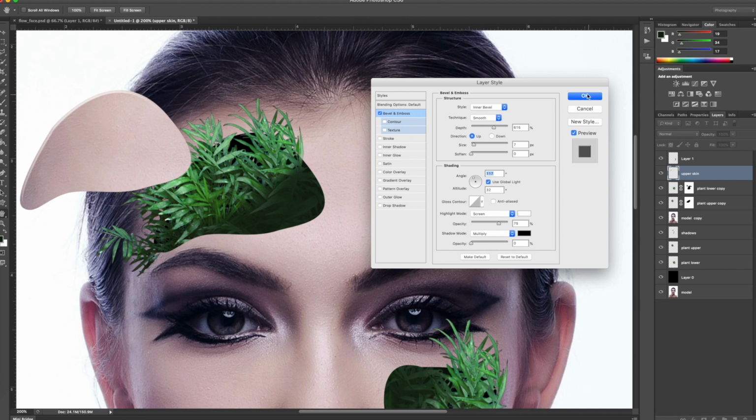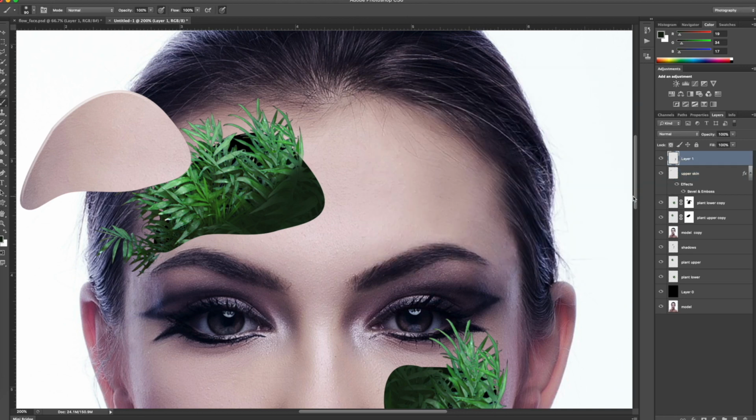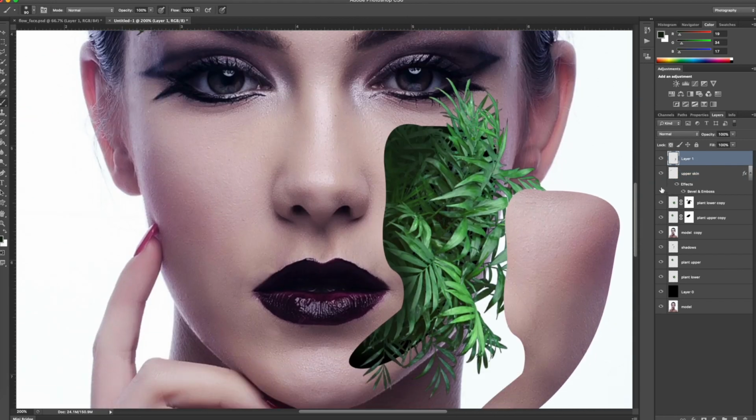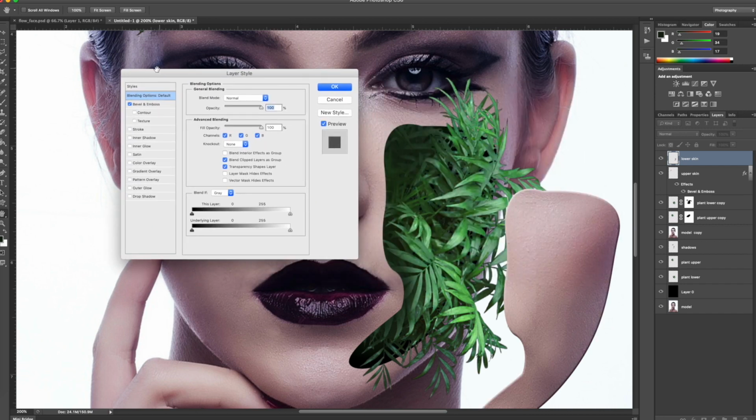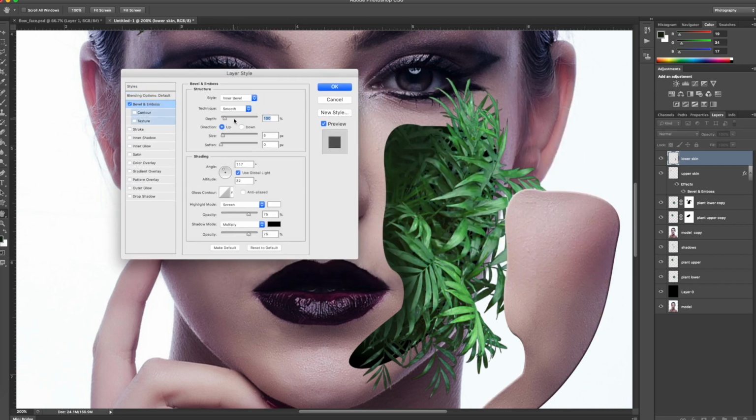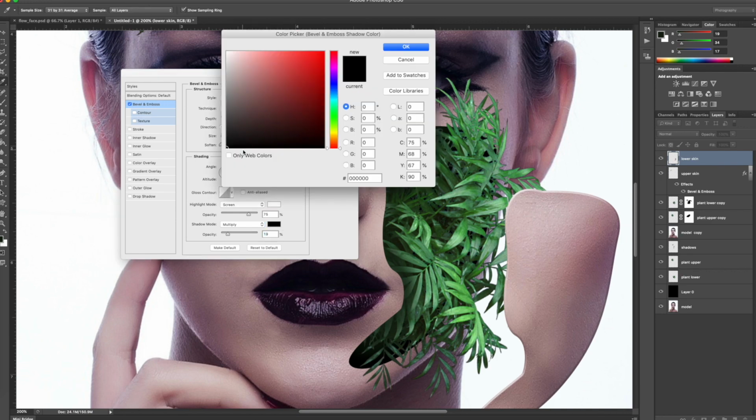Making sure everything is correct. And then I'm going to move on to the next layer. This is the lower skin, so I'm going to name it appropriately. And then I'm going to double click on that layer, open up these settings, Bevel and Emboss once more. You can see how it's changed it a lot. We're going to turn up that depth and then turn down that density, the opacity. I'm actually going to turn it up a little, and this is where I use the eyedropper